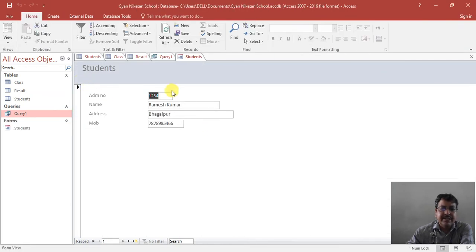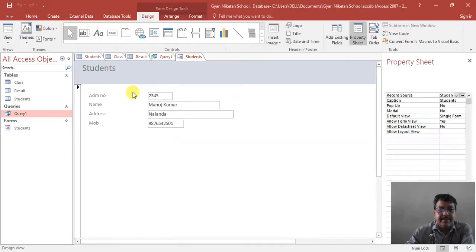The form has been created. You can also format the forms. Suppose you want to format the form, you can view each and every record one by one. If you want to format the form, press the right mouse button and click on design view.